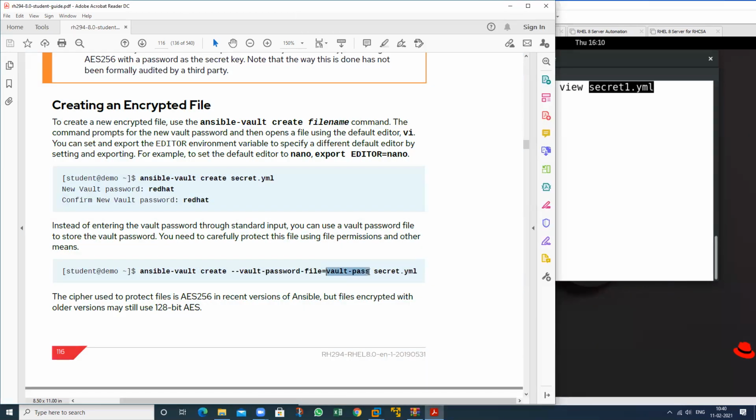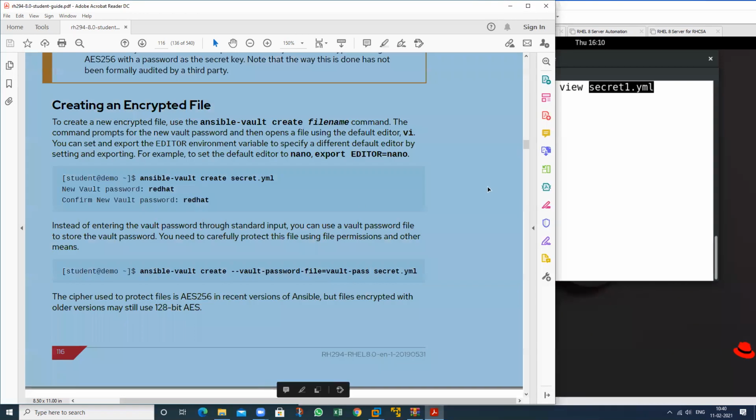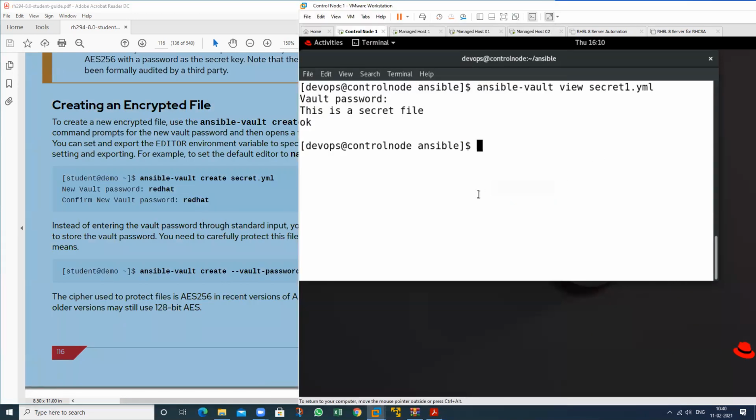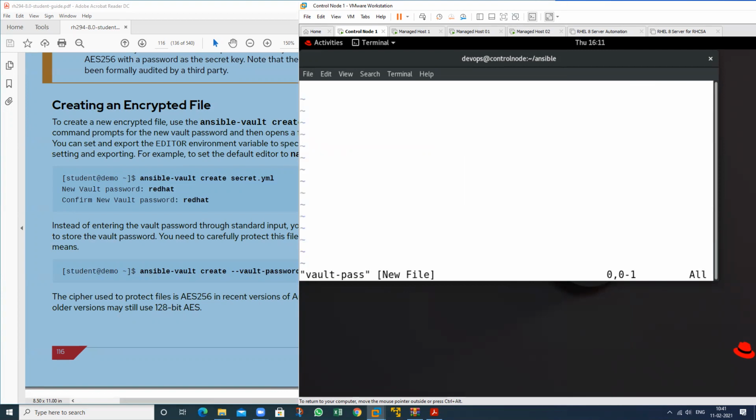Suppose we have a password, vault-pass. So I will create a file with vim, vault-pass. This is my file in which I want to apply the password. See, I have typed the password, just read it.